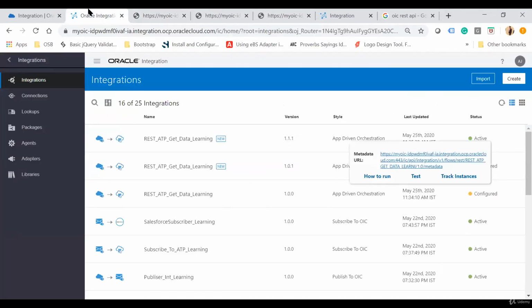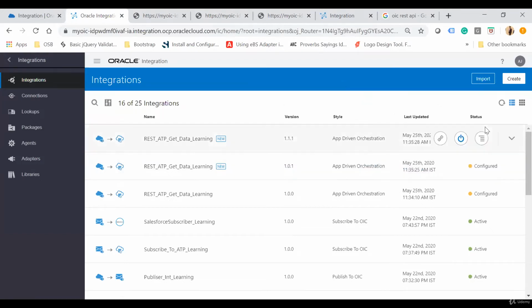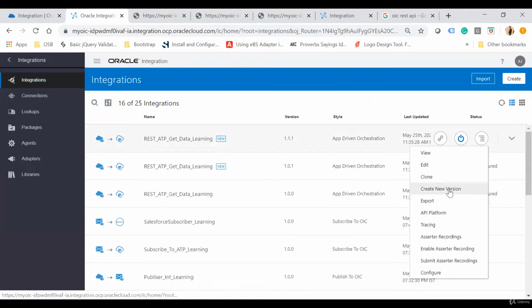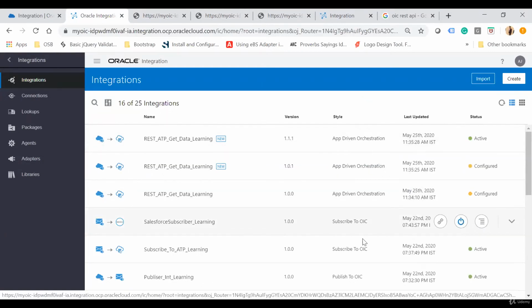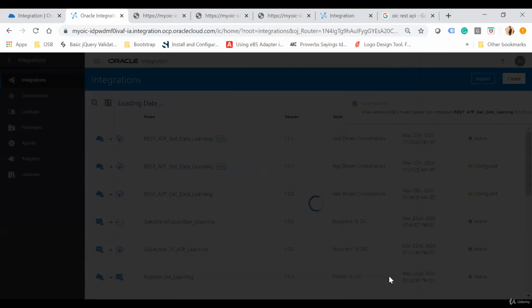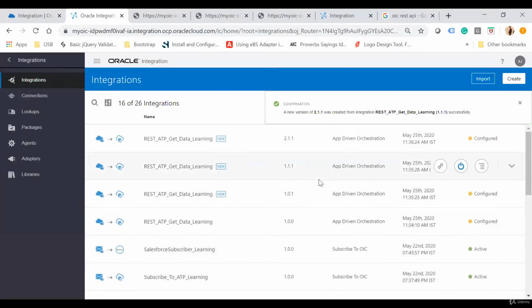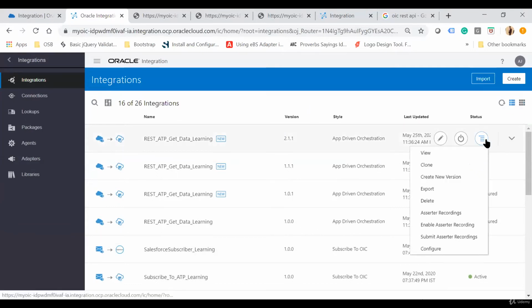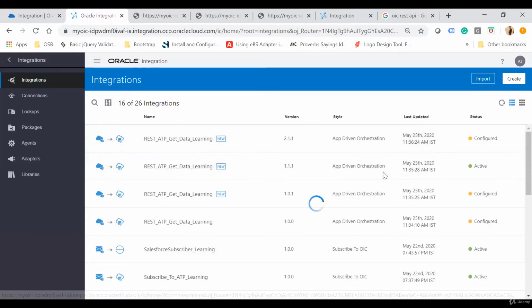the same. Now if you want to run two versions in parallel, just make the changes in your major version. Now here what I'm going to do, I'm going to use the 01 and then I will change the version to 02 and then click on create new version. Okay, now here you see the new version is 2.1.1. Now just try to activate this integration, create new version,